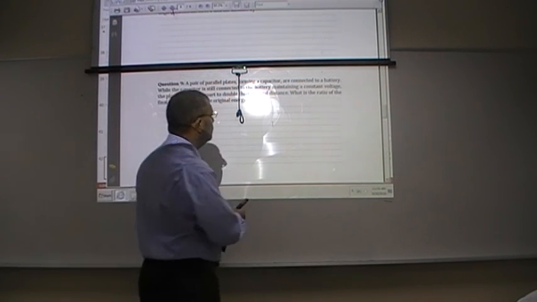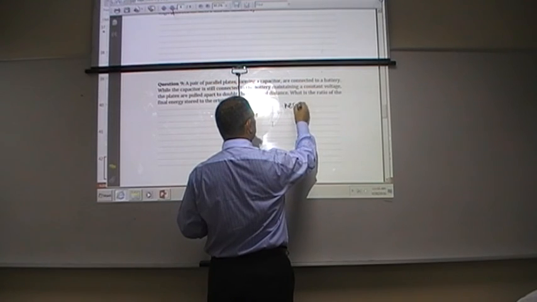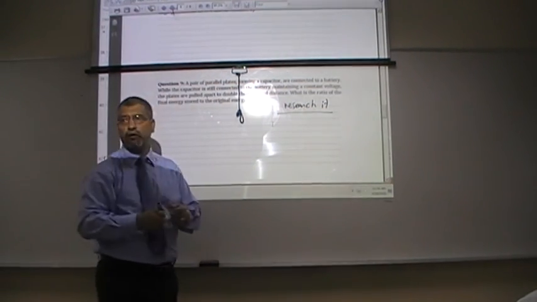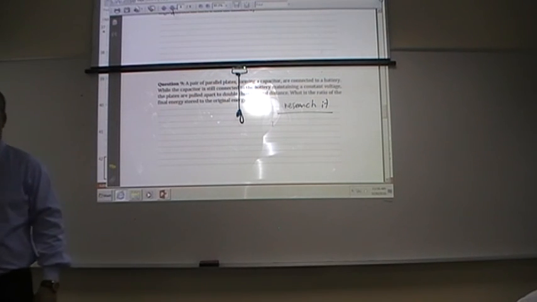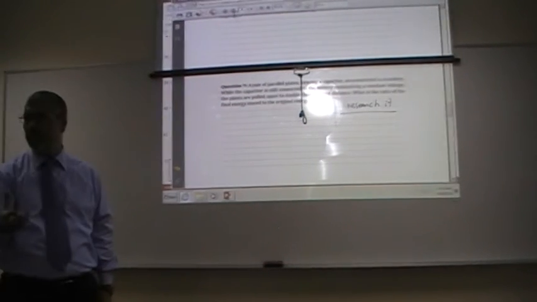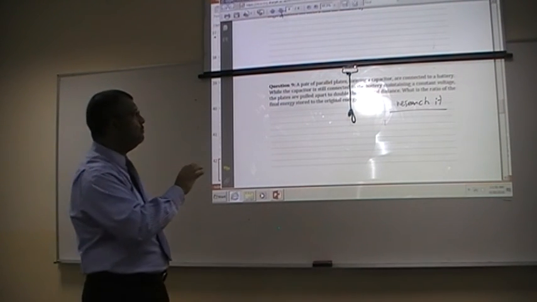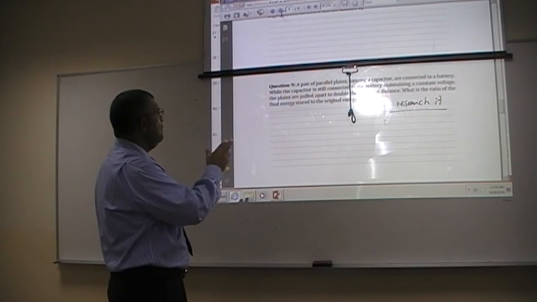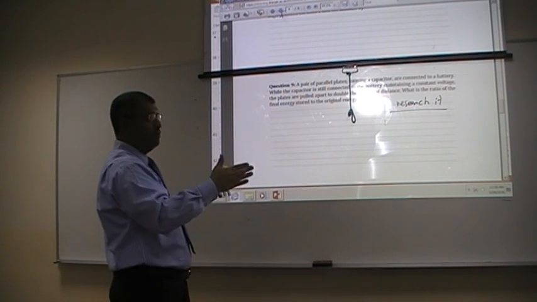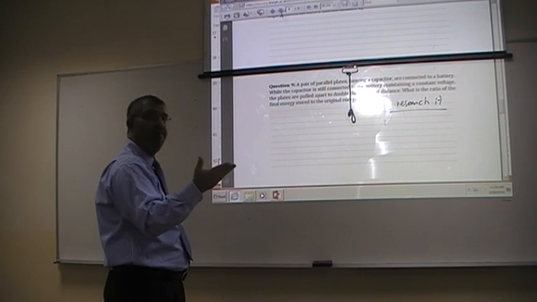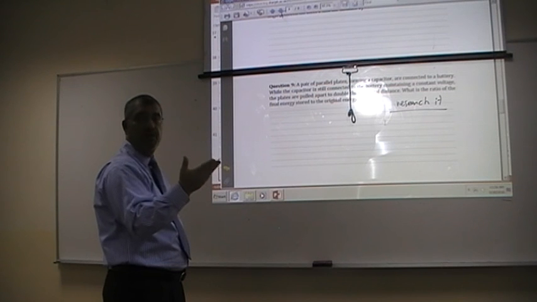This is the one that I want you to research, because I only talked about the capacitor as an energy storing device. What I have done here is double the original distance. Now you have to go to the capacitance and see what happens to it if you double the original distance,